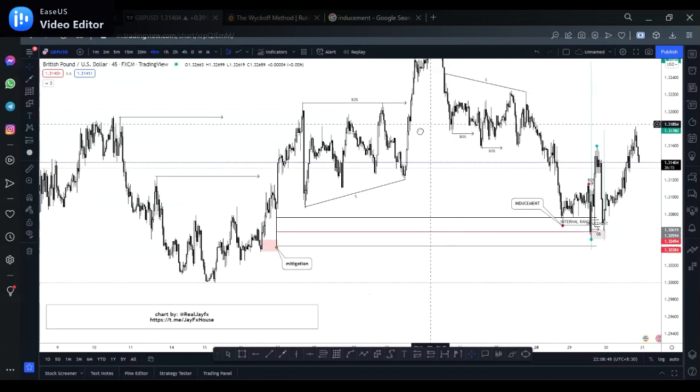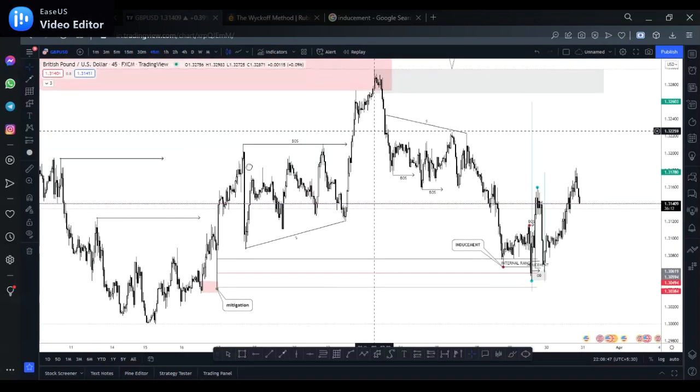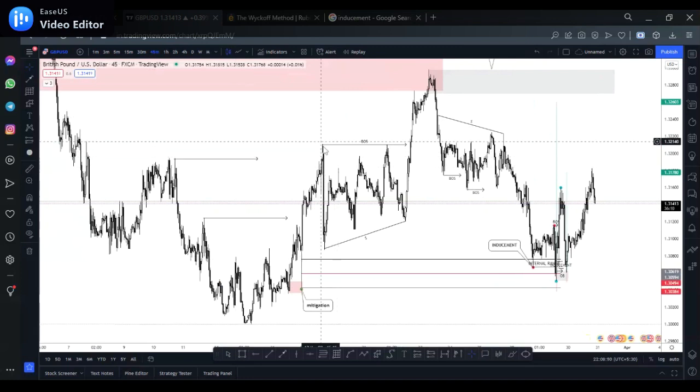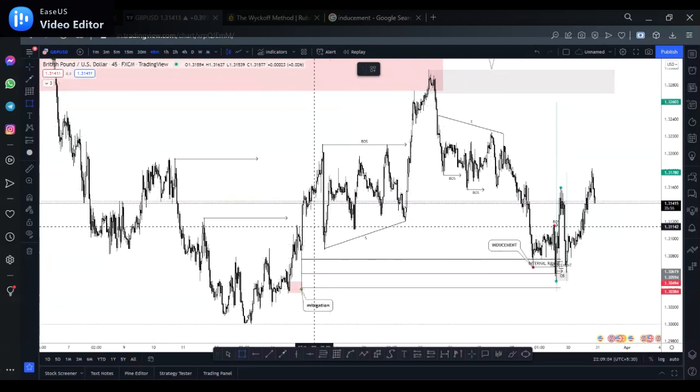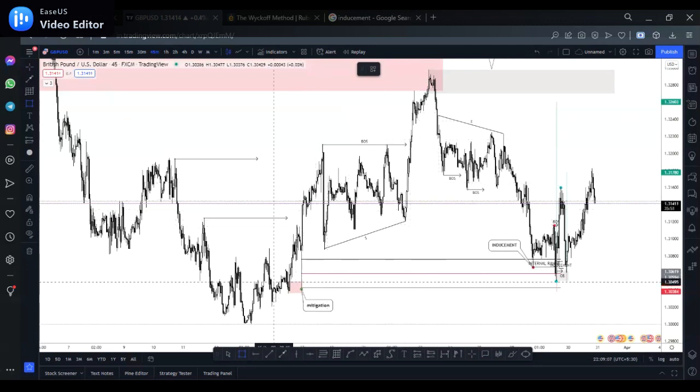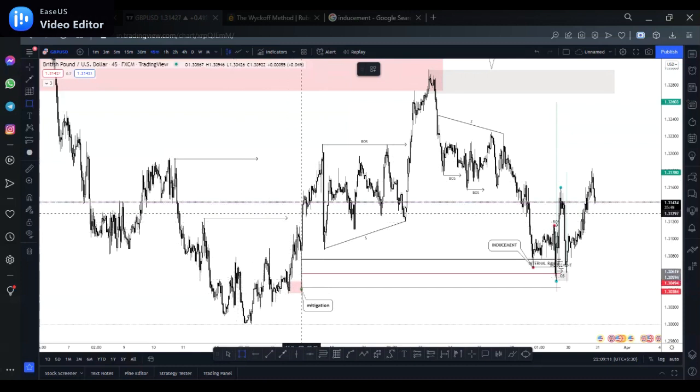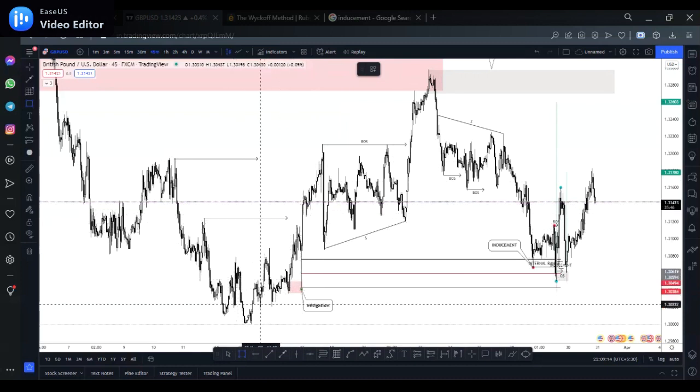understand this in general. So right, I saw this break of structure, which means once they broke this structure, this becomes the previous range, right? So if they're going to be returning back to head back up into this zone or to take out this high because it's a bullish market, they have to clear out everything within this range. So now, let's say this was the first break of structure here, right? So this was the first one, which means from this low down to this low becomes liquidity.